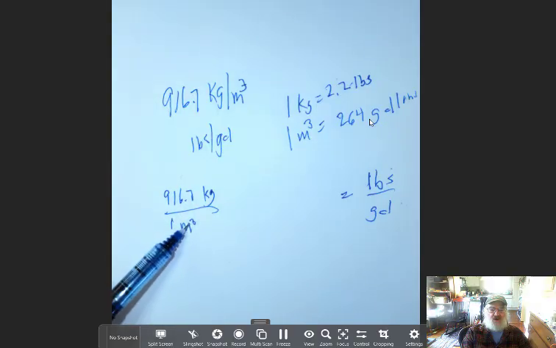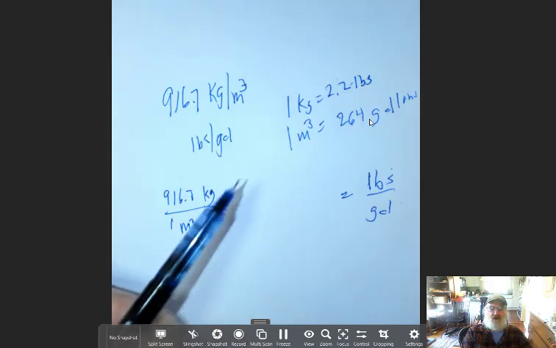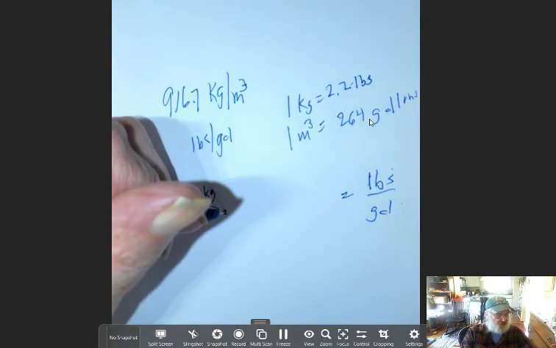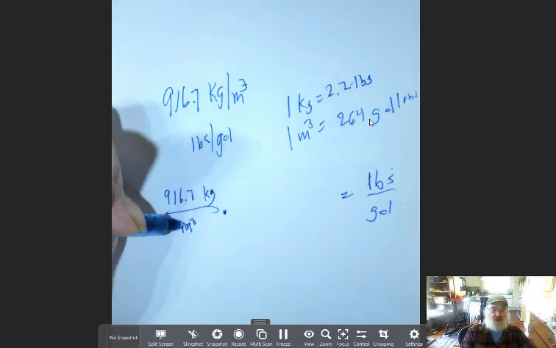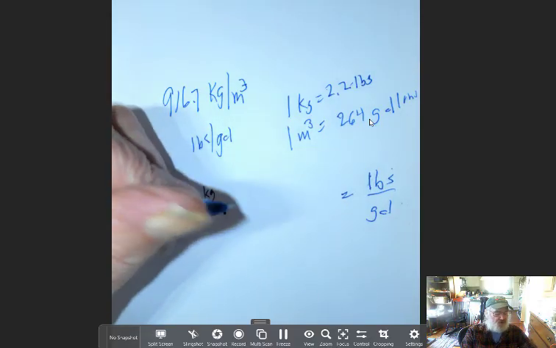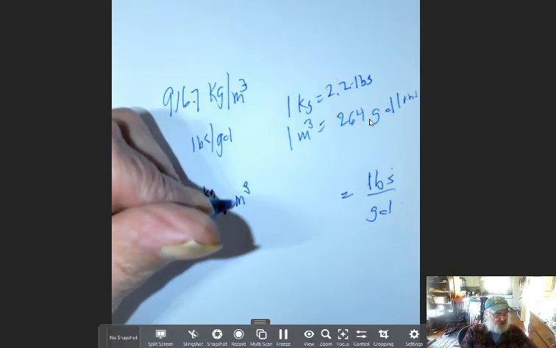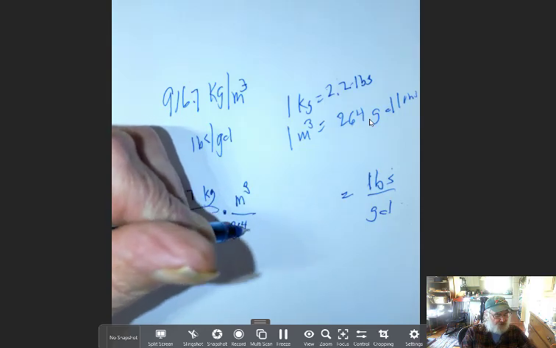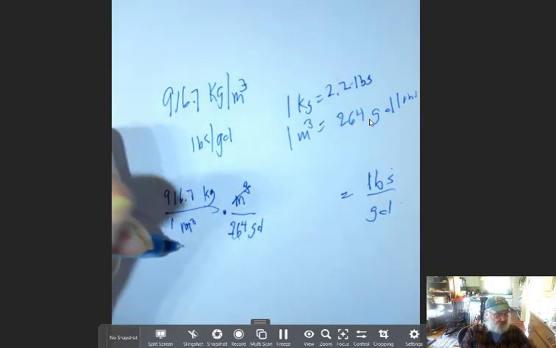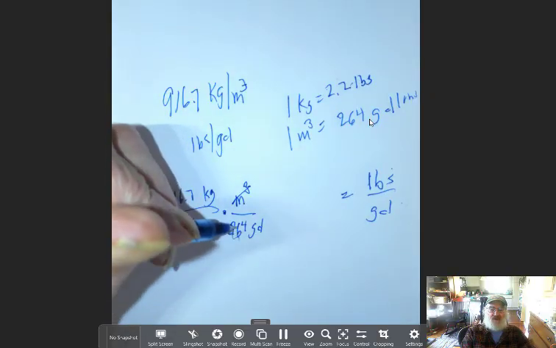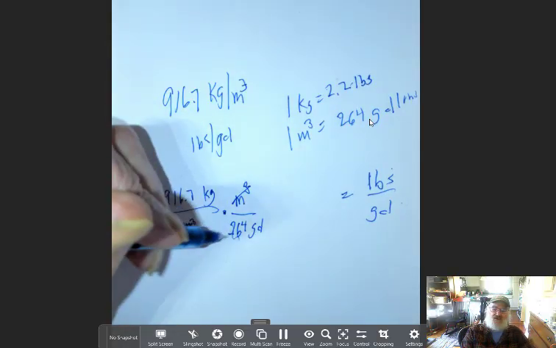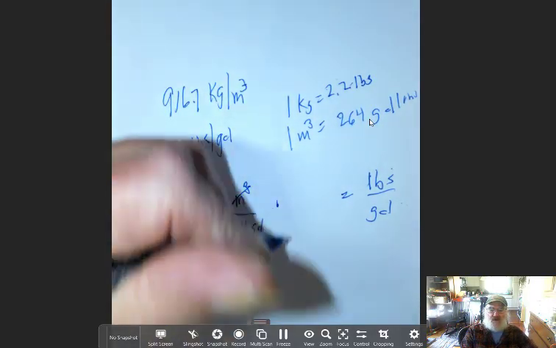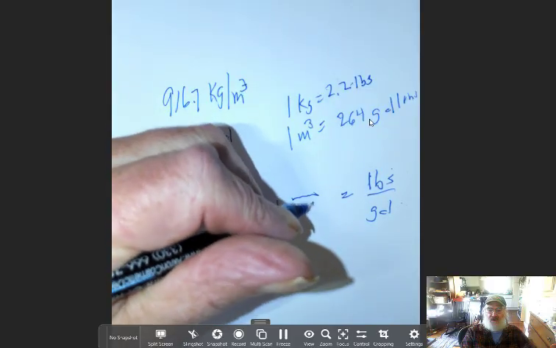So you could change either meters cubed to gallons or kilograms to pounds first. It doesn't make any difference. Let's get rid of the meters cubed. So meters cubed is going to go on the top so that they cancel, and gallons on the bottom. So now we have kilograms per gallon, or per 264 gallons. Now we want to get rid of the kilograms, so that's in the numerator, so we're going to put it in the denominator